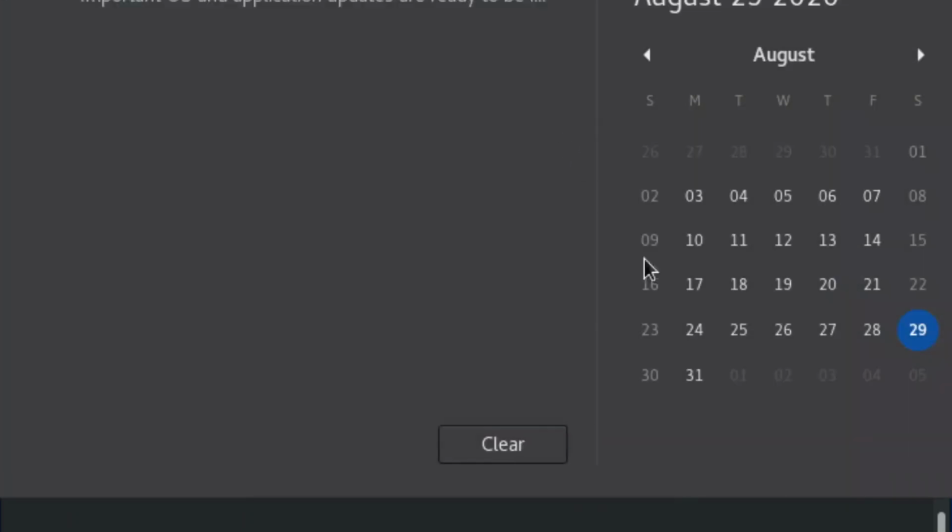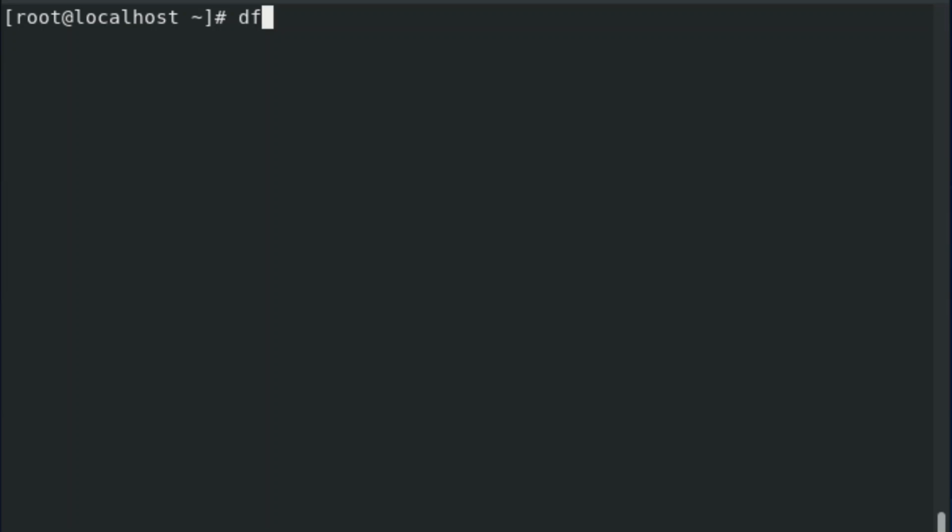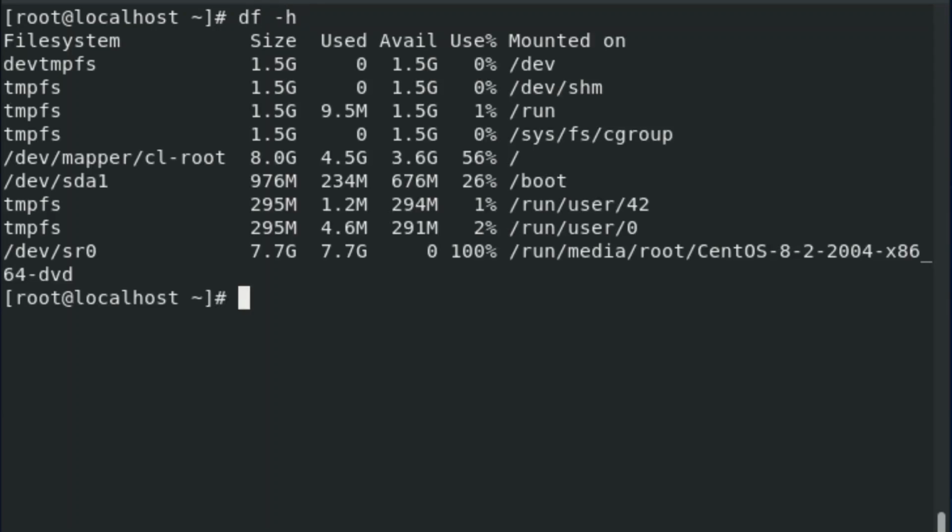So the first one was df -h, right? We should be familiar with df -h. When we do df -h, you see it lists all the disks here: file system, size, used, available, percent used, and what it's mounted on, right? So we're going to do df -h, and the next part of that was a pipe grep,